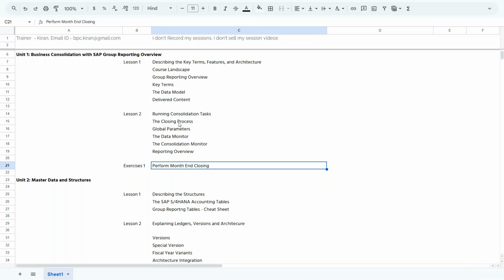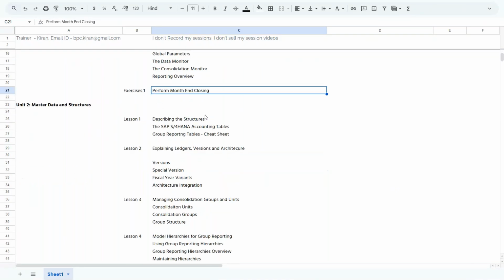The key terms and all those things, in the next week, in the future sessions, we are going to understand, because you need to understand how the process happens in the group reporting consolidation process. So exercise one, we'll do it tomorrow. And then, as I said, master data: versions, special versions. So consolidation version, and we have a unique concept called special versions. We are going to understand